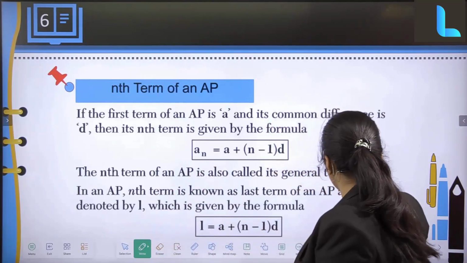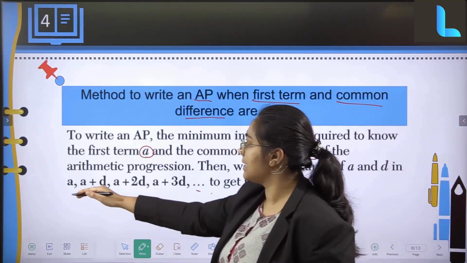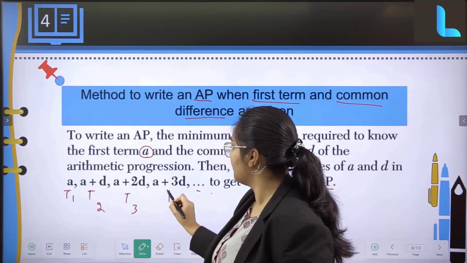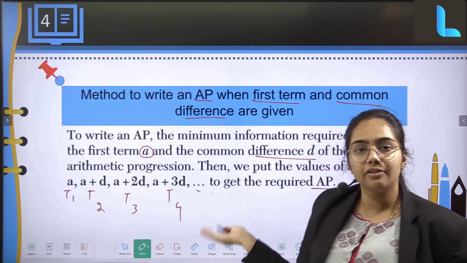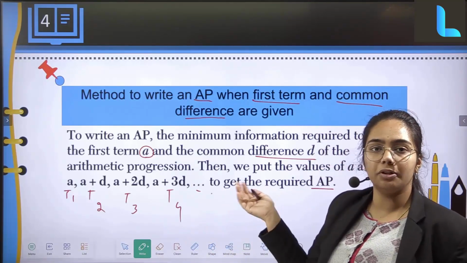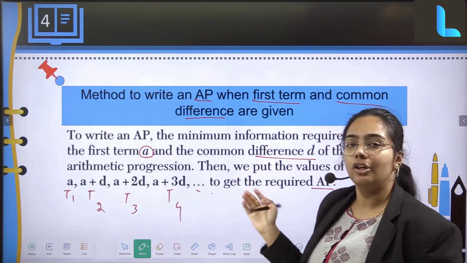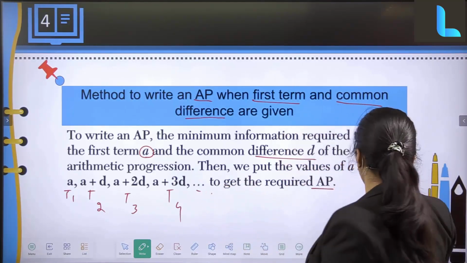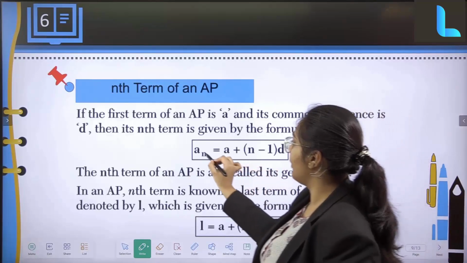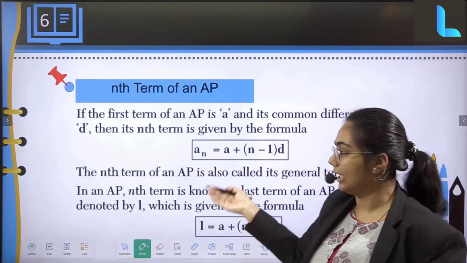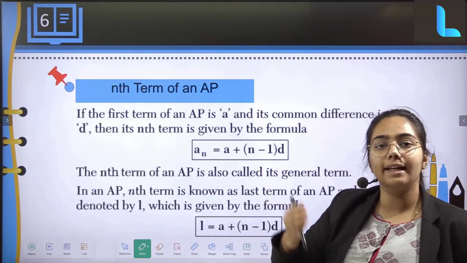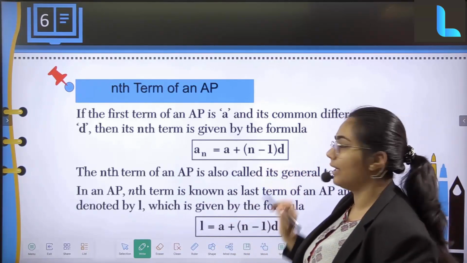We have known all of it, but how do we write the last term of an AP? See here in the general format, this is the first term, this is the second term, this is the third term and this is the fourth term. Suppose I ask you instantly what is going to be my 91st term, how do we do that? For that, we should have a formula for Tn. If we have to find An or Tn, which mean the same, An is equal to, what is going to be my formula? A plus n minus 1 into D.